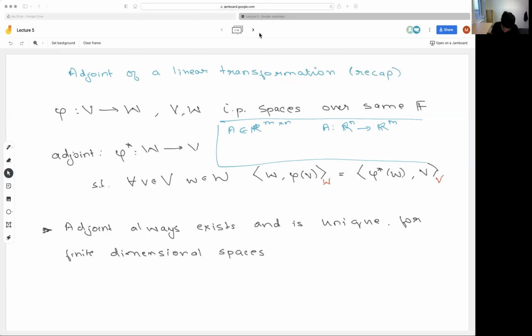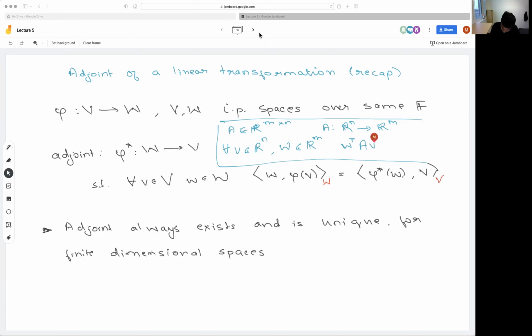And we saw that here the condition we need is that for all V in the space we are starting from and W in the space we are going to, considering the standard inner product on Rn and Rm,